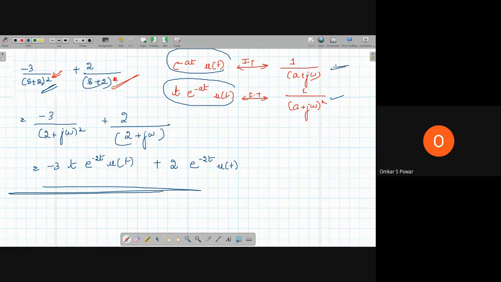Okay. So these two Fourier transforms, you have to always remember. The basic Fourier transforms, like Fourier transform of 1, delta of t, u of t, e power minus at u of t, t e power minus at u of t. When you solve the sums, you have to write it like tables. How do you write the tables? You have to memorize those things so that you can apply directly instead of deriving again. You can't keep on deriving. Some of the things, like tables, you have to keep in mind.